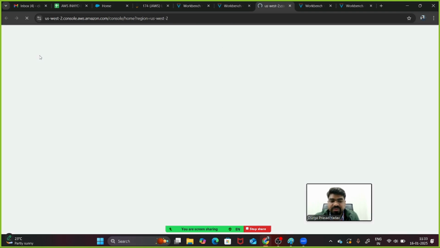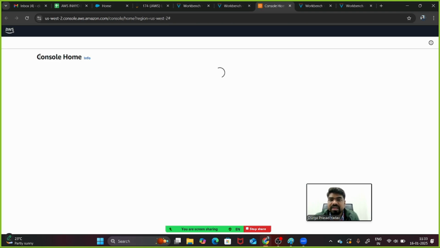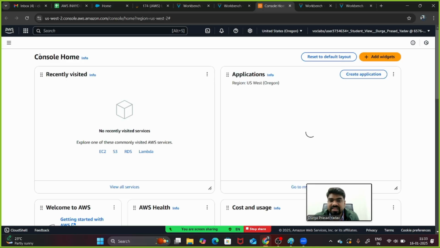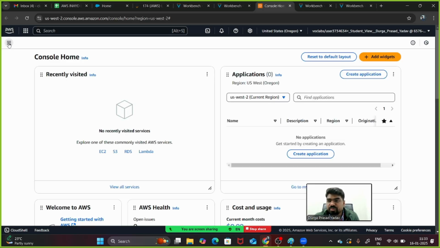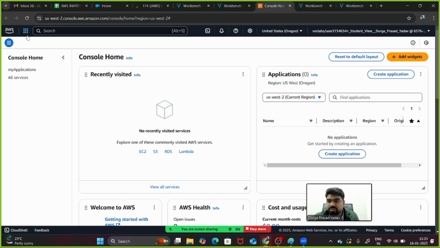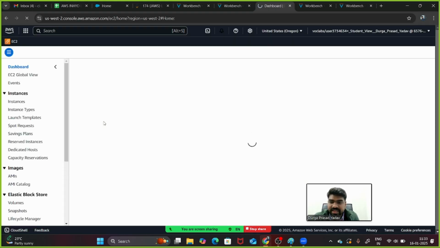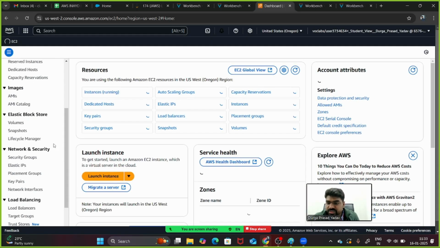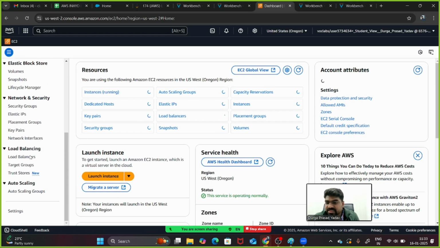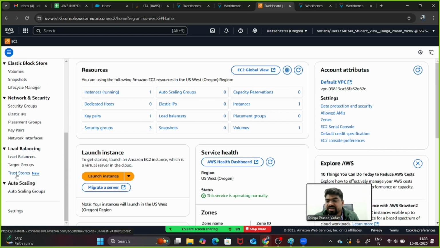So if you go to the lab, guys, which lab we are doing, 174 now. In the load balancer, there are a few things which are really important to know. So I'll bring you directly into the EC2 console so that you can see what options we are going to see in the load balancer. There are two specifically. Trust store is added later on, we'll see it later, but these two topics: load balancer and target group.